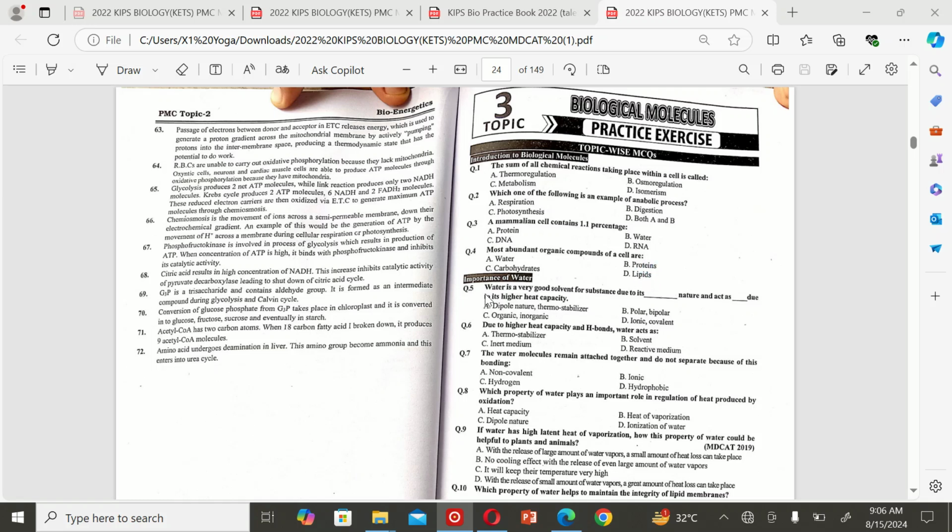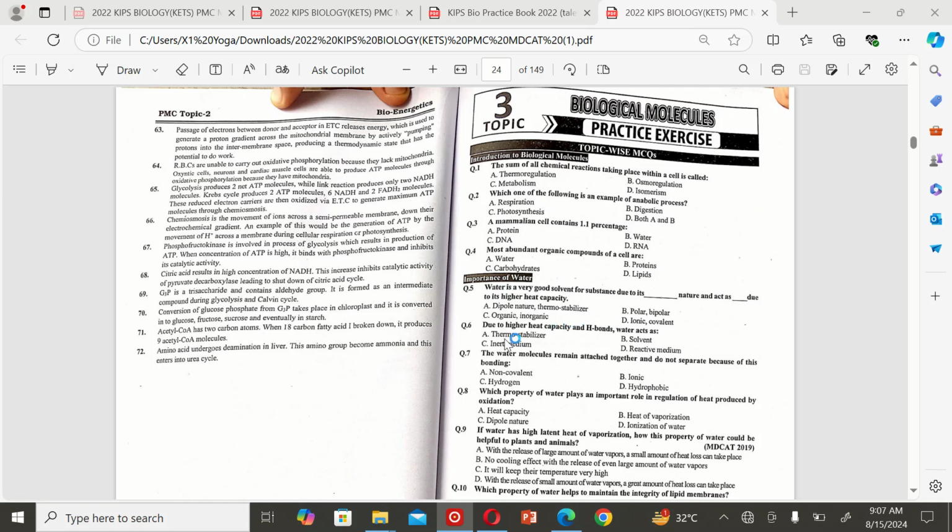Proteins. The next MCQ is: water is a very good solvent for substances due to its dipole nature, and it is due to its higher heat capacity. A. Dipole nature, thermostabilizer, B. Polar, bipolar, C. Organic, inorganic, and D. Ionic, covalent. So the correct option is A. Dipole nature